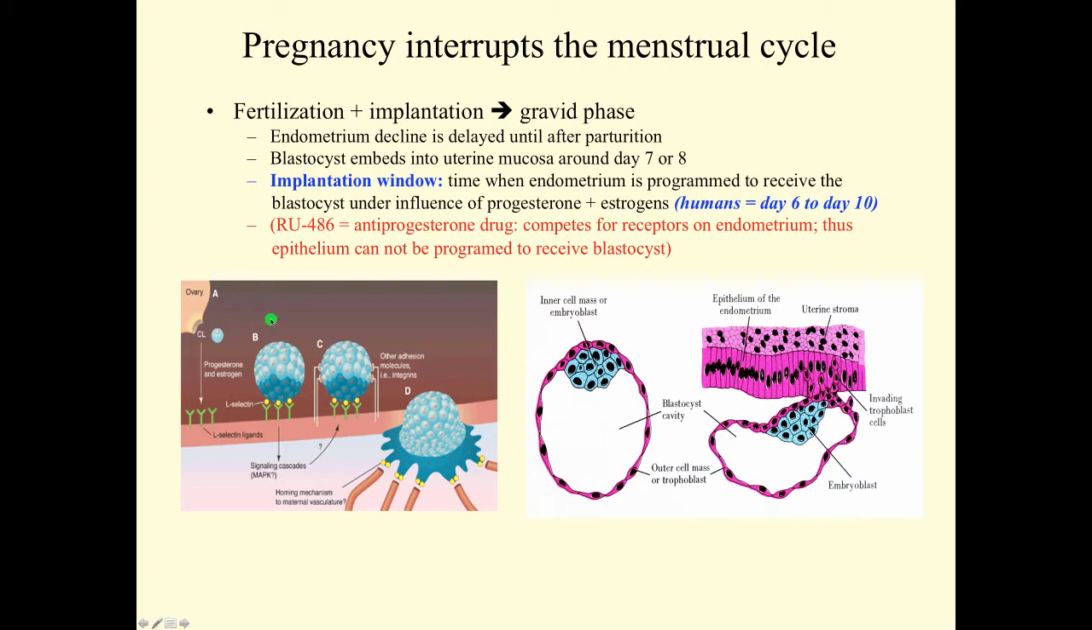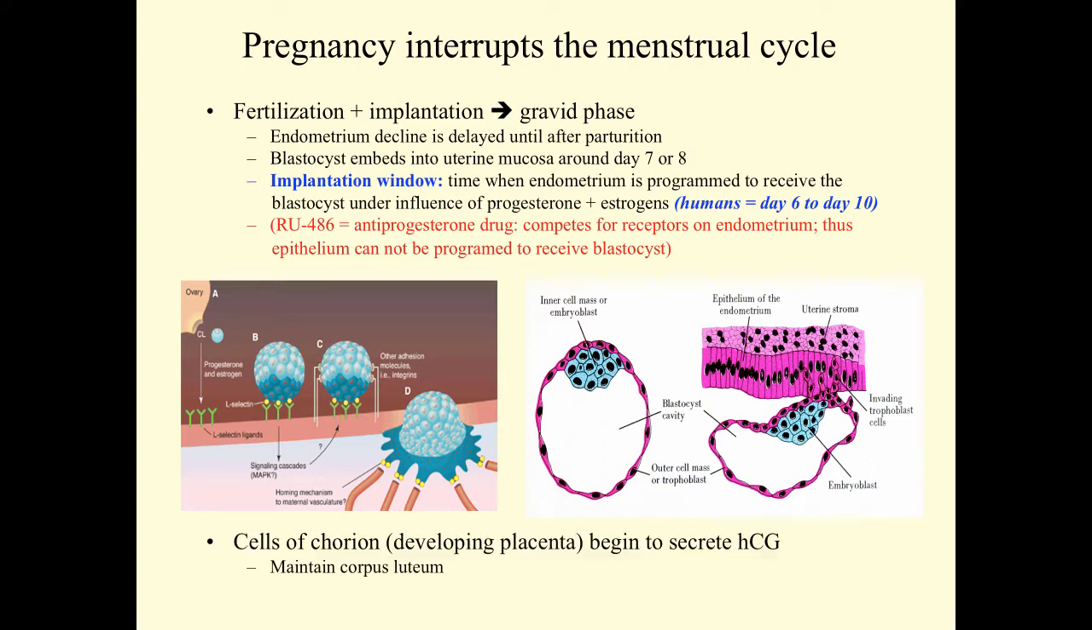These compete for receptors on the endometrium, and thus the epithelium can't be programmed to receive the blastocyst. The cartoon on the left shows that there are interactions that occur between the cell surfaces of the blastocyst and the endometrium, and these cell surface interactions are necessary for implantation. So, for example, we know that the blastocysts are secreting selectins and that there are selectin receptors on the endometrial cell surfaces, and this receptor ligand interaction plays a very important role in implantation of the early embryo into the